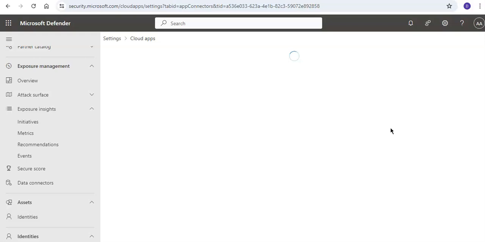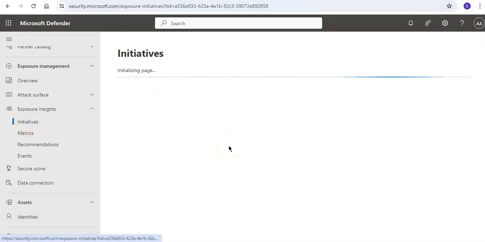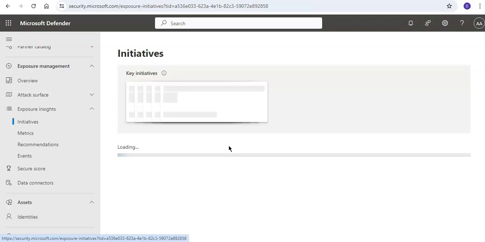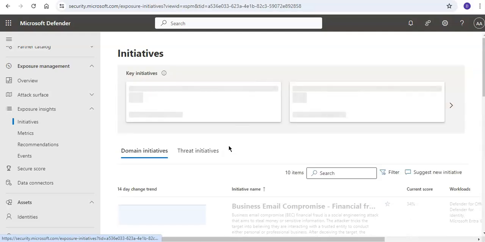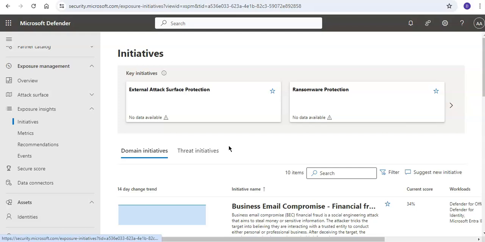When you talk about security initiatives, this option, what do they do? Security initiatives provide a simple way to assess security readiness for a specific security area or workload, and to constantly track and measure exposure risk for that area or workload over time. Security Exposure Management provides initiatives that currently include workload initiatives, horizontal threat initiatives, threat analytics initiatives, zero trust initiatives,